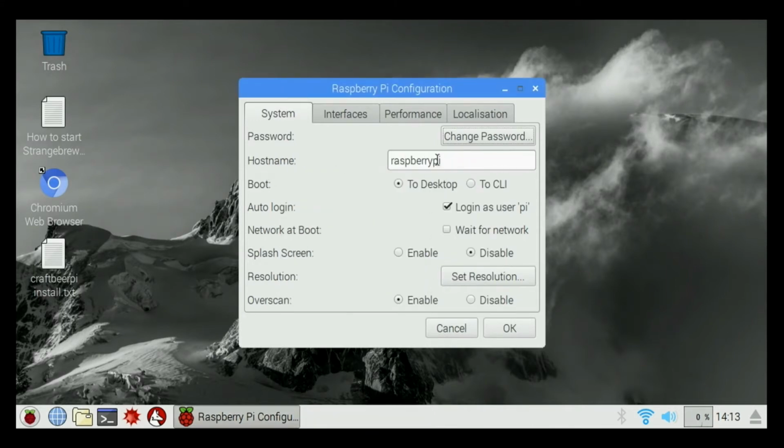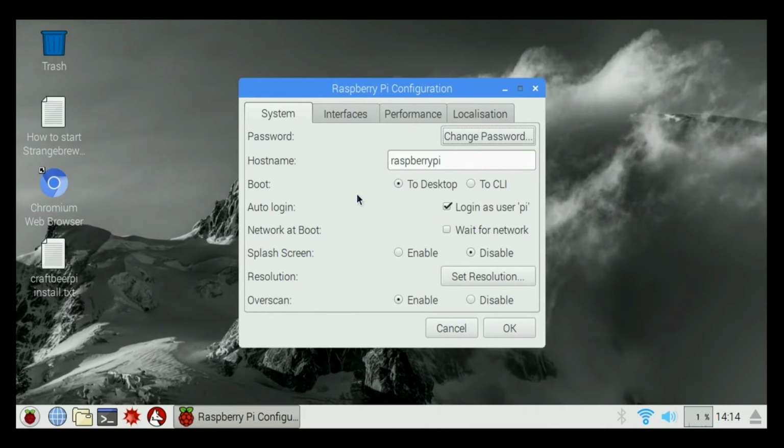Hostname. Hostname is what the Raspberry Pi refers to as itself. If you notice in Strangeberry Elsinore, it says http://raspberrypi:8080/controller. If we change this name to, say, beer, we'll need to change the name under Elsinore as well, or on the Chromium browser, to reflect that name change, being, instead of Raspberry Pi, beer, or whatever you decide to